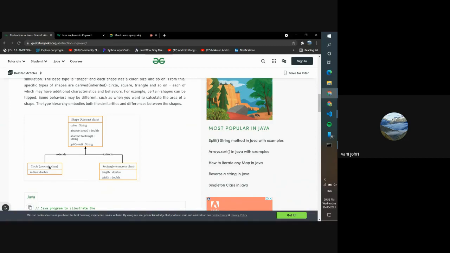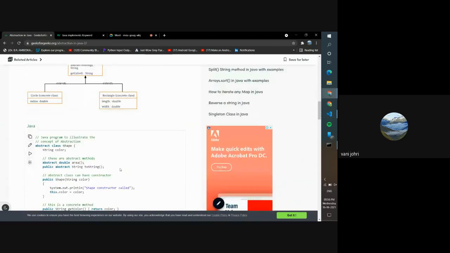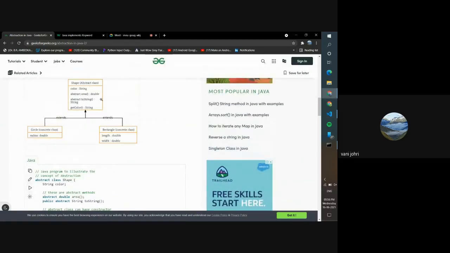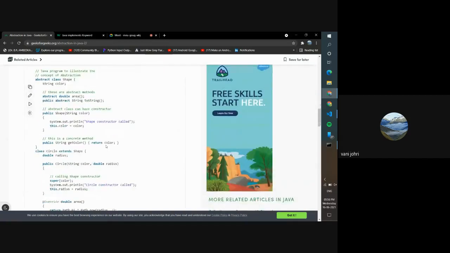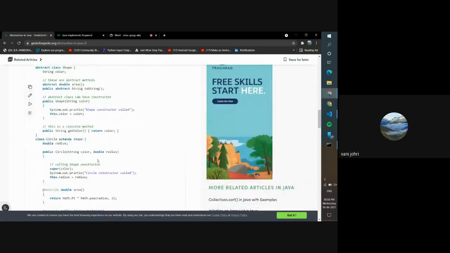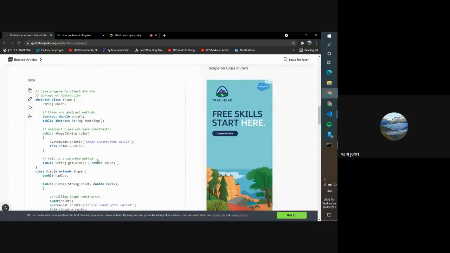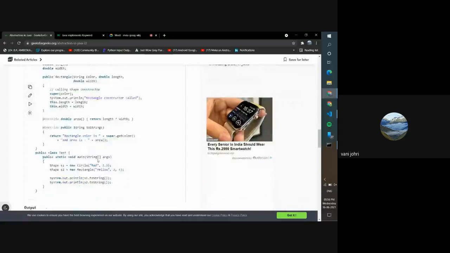And then you made two different classes, circle and rectangle, and these classes were implementing or extending this. So then they could calculate area and had the radius and all that. So you can look at this example. They're using a constructor, but we have not done constructors, so you can skip this part for now.